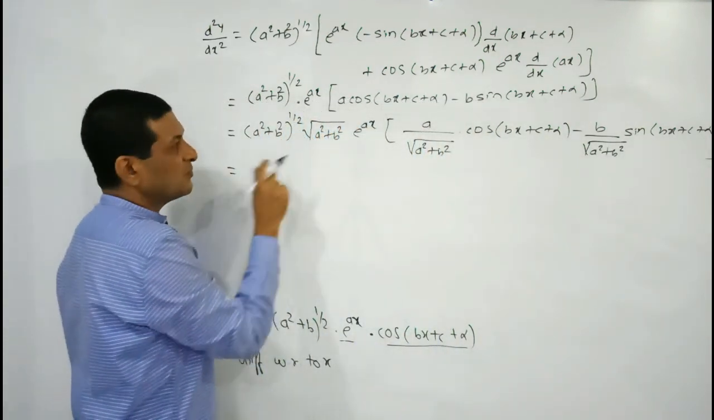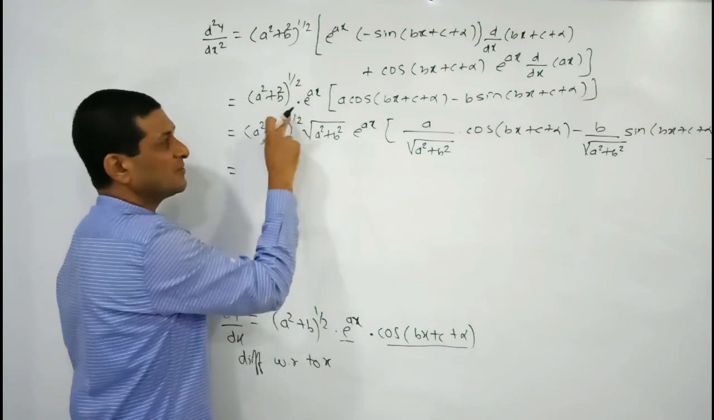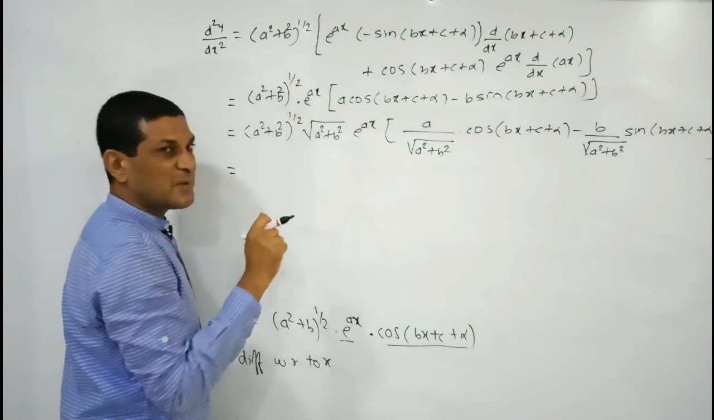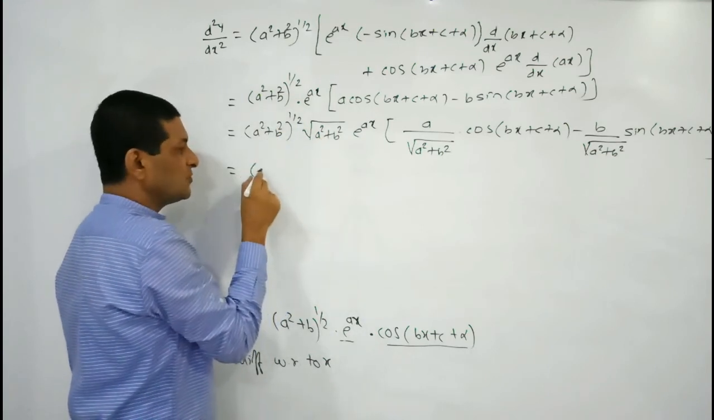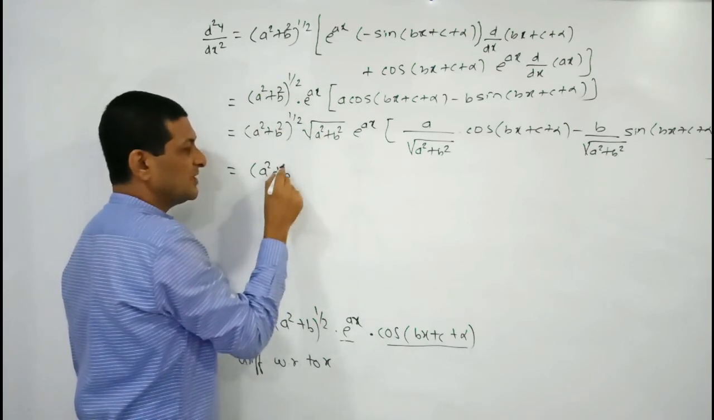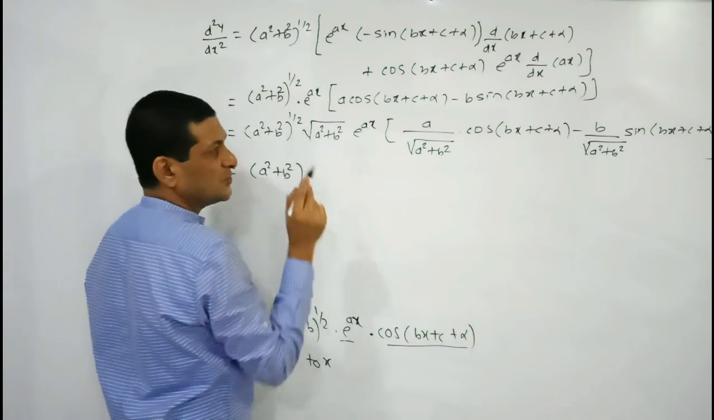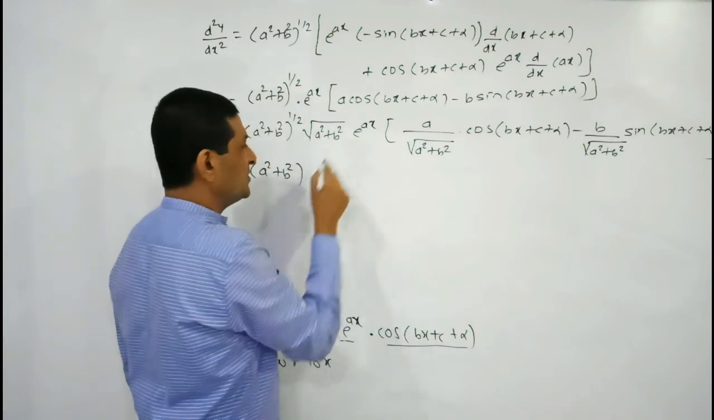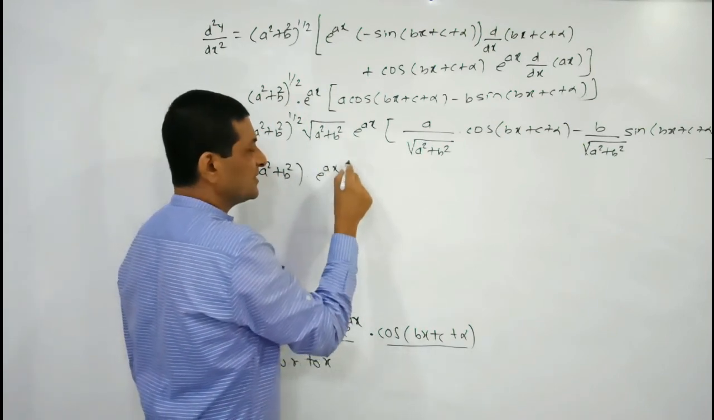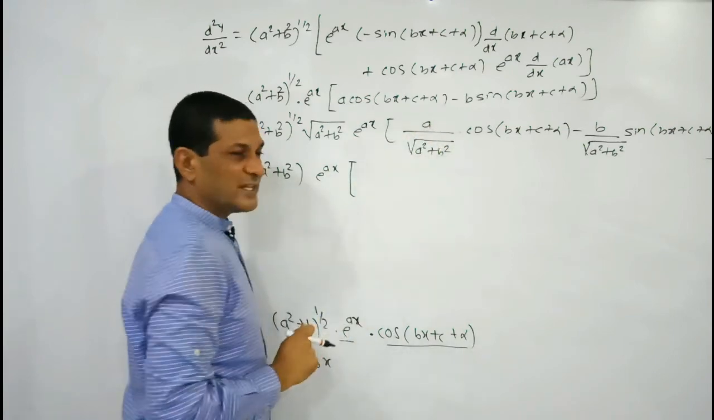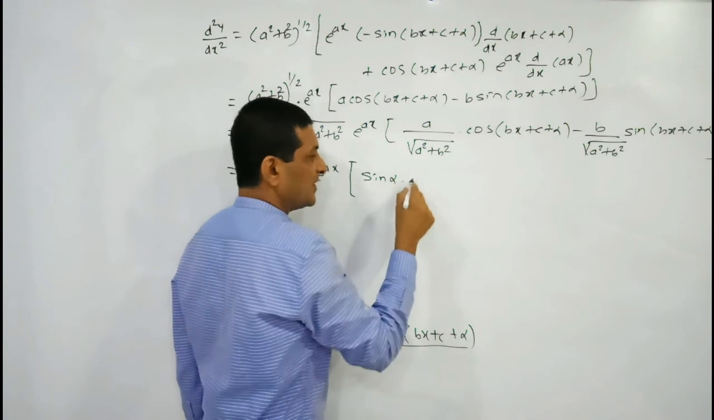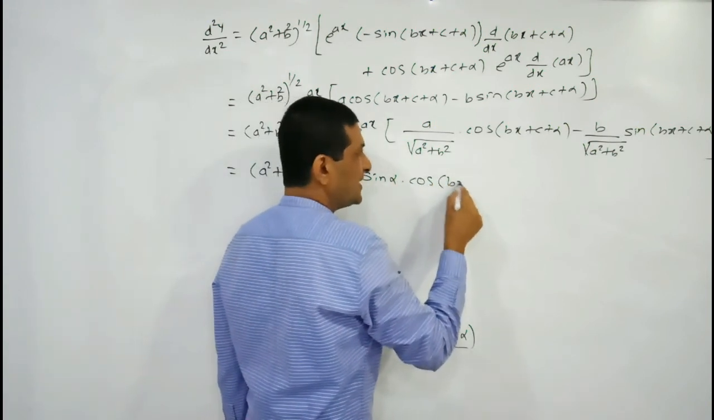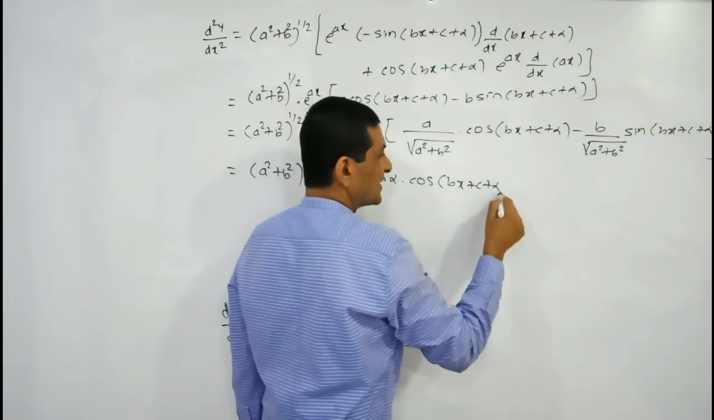So which is equal to, what is its product? This is also under root a square plus b square raised to power 1 by 2, means what? Under root a square plus b square. Under root a square plus b square into under root a square plus b square will be a square plus b square into, now keep this e raised to power ax as it is. I am replacing a upon under root a square plus b square by sin alpha into cos of bx plus c plus alpha, keep it as it is,